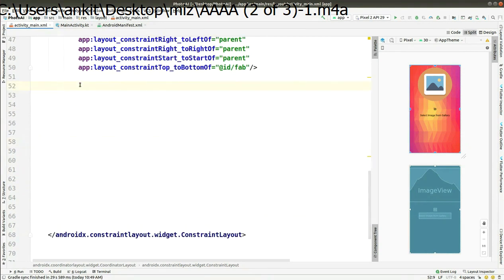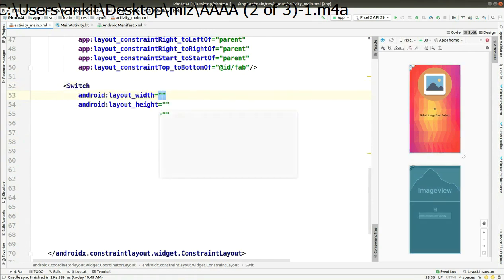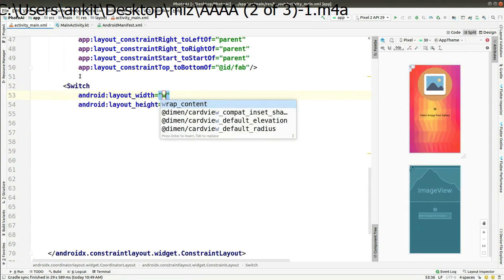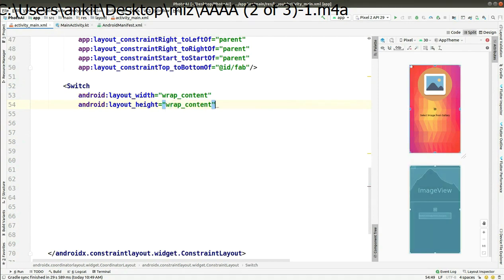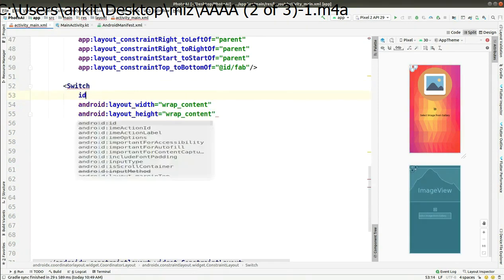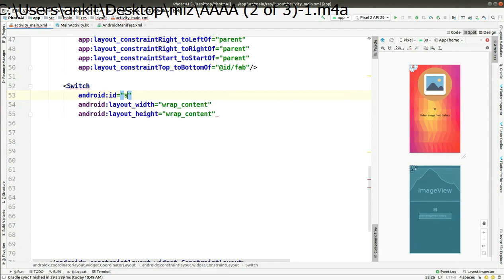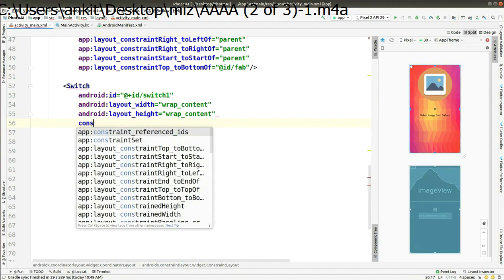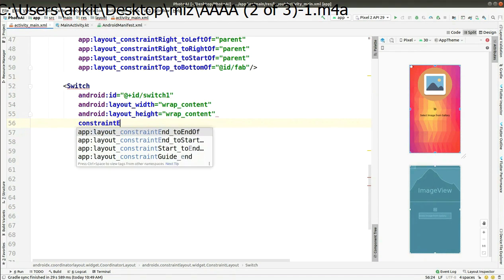And after this text view you have to add a switch and set the height and width as wrap content. Also you have to give the ID for the switch, that is switch1, and you have to give some styling, like margins and the place where we have to place this.